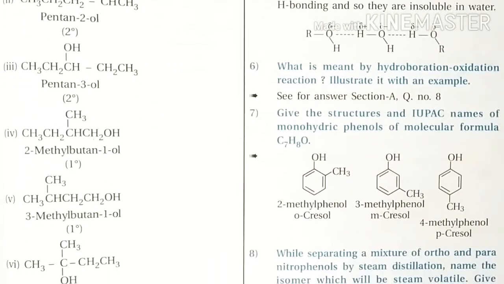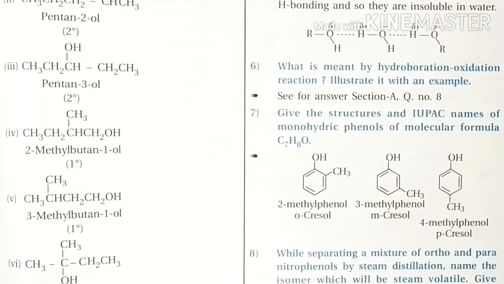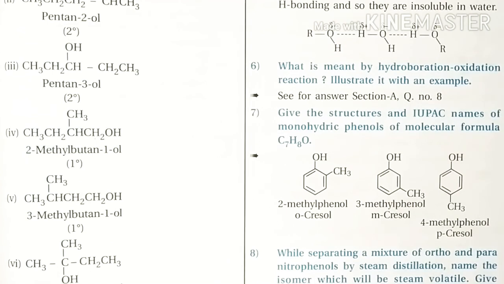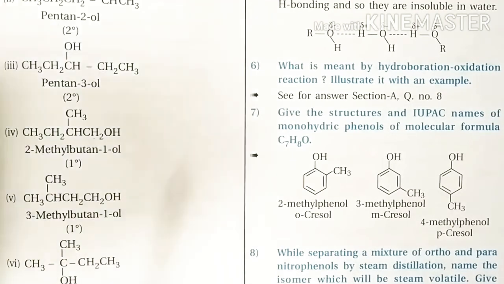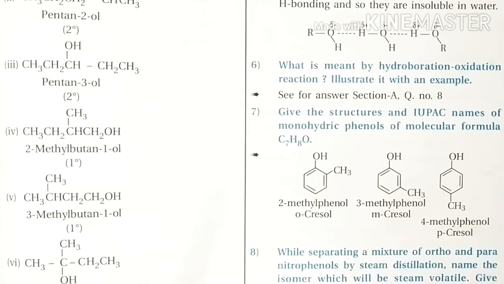Now what they given: what is meant by hydroboration oxidation reaction, illustrate it with an example. वो तो हमने हाइड्रोबोरेशन ऑक्सीडेशन का मैंने थोड़ा फास्ट में किया, क्योंकि आपके पास उसका रेफरेंस वर्क है. जैसे मैं बोल रहा हूं कि प्रोपीन है, प्रोपीन व्हेन रिएक्ट्स विथ डाइबोरेन, ओके, तो हमें क्या मिला था उसमें, ट्राई प्रोपाइल बोरेन मिला था, और ट्राई प्रोपाइल बोरेन का रिएक्शन हाइड्रोजन पेरोक्साइड के साथ किया था तो प्रोपेन-1-ऑल मिला था. And the alcohol obtained by this process appears to have been formed by direct addition of water to the alkene, contrary to the Markovnikov rule. तो वो जो हमने एग्जांपल्स वहां पे लिया हुआ है.